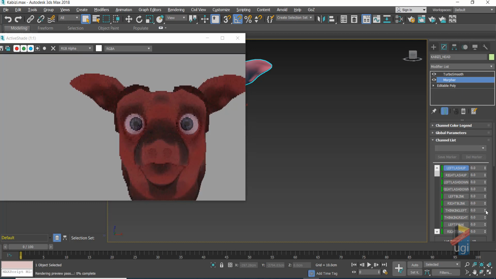Then I have think left. Okay, so just imagine the character puts a finger here, as if you know, you're wondering. So I called it think left and also think right. So when I'm creating, like you've seen in the different videos, I create one side and then I mirror the morph. Then I have what I call the left smirk. So it's my disgust, you know, and then the right smirk, you know, and then